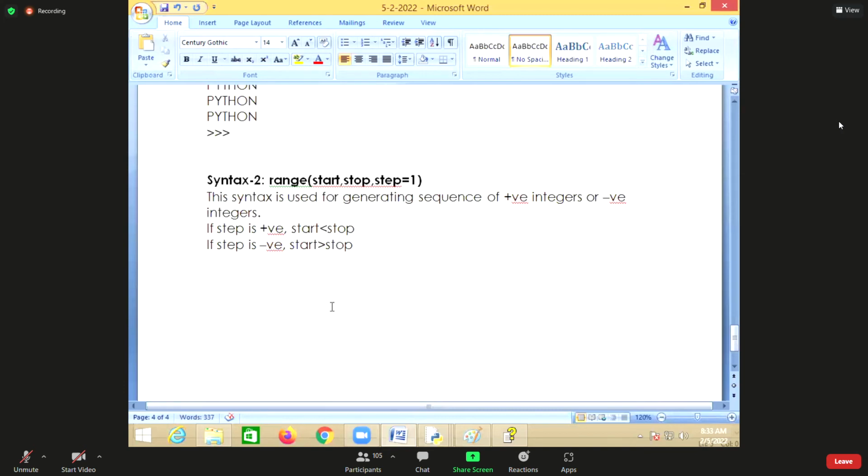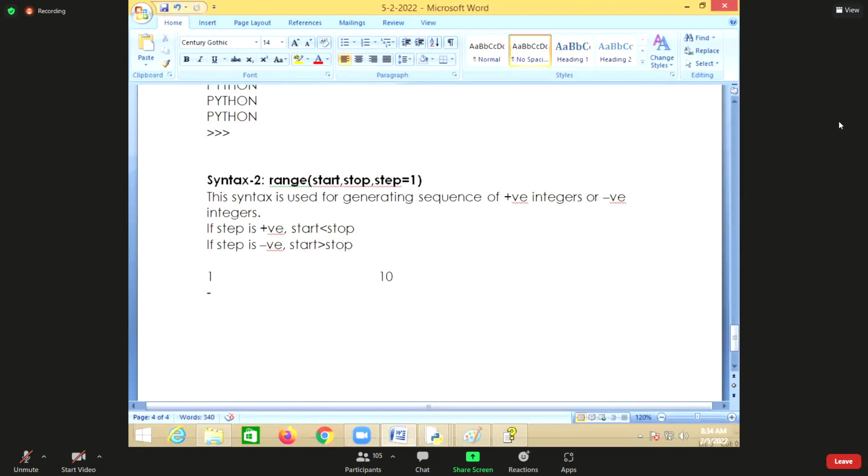If the step is positive, the start is less than stop. For example, I want to generate from 1 to 10. Start is less than stop. You are incrementing or decrementing? Incrementing. Then step is positive.